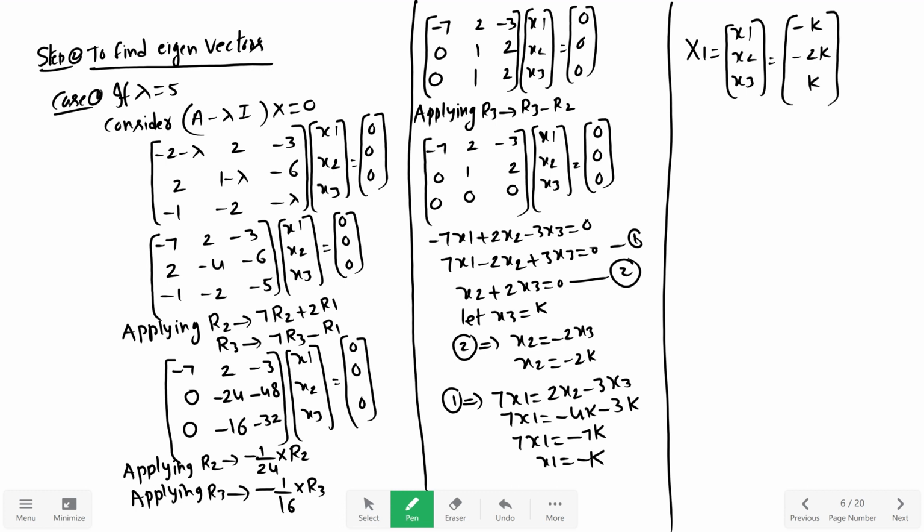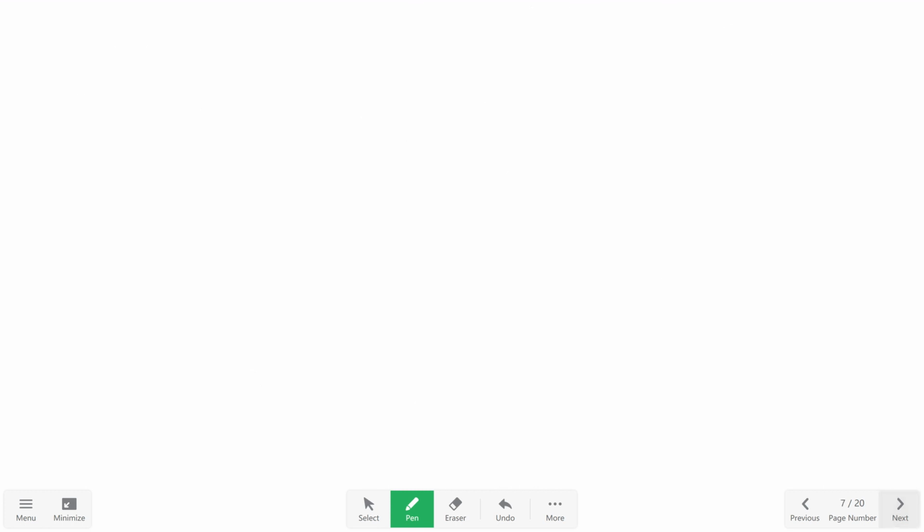K is an arbitrary constant, so X1 equals k times (minus 1, minus 2, 1). This is case 1 to find eigenvectors: if lambda equal to 5, eigenvector X1 equal to (minus 1, minus 2, 1). And case 2 is